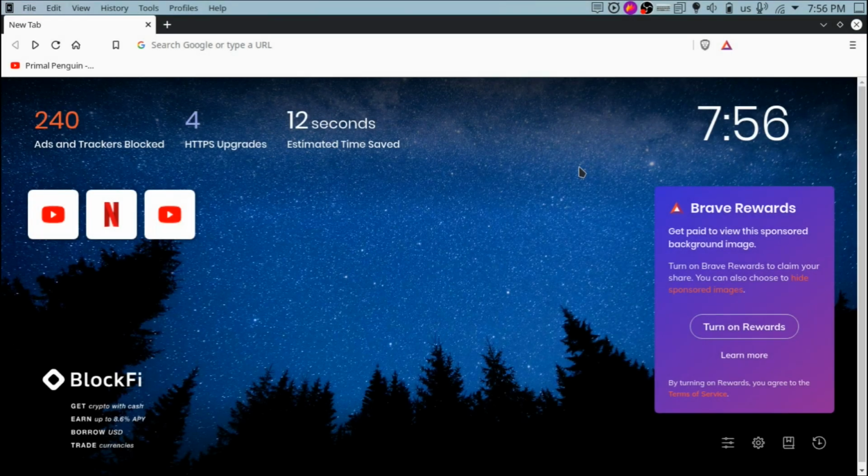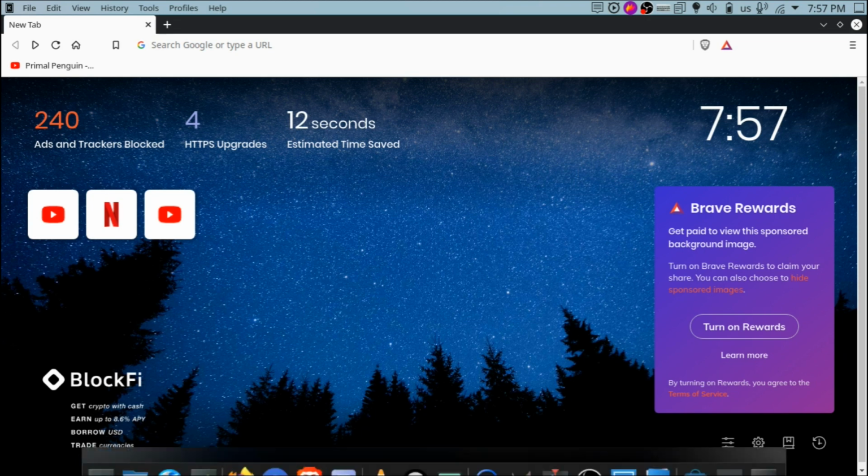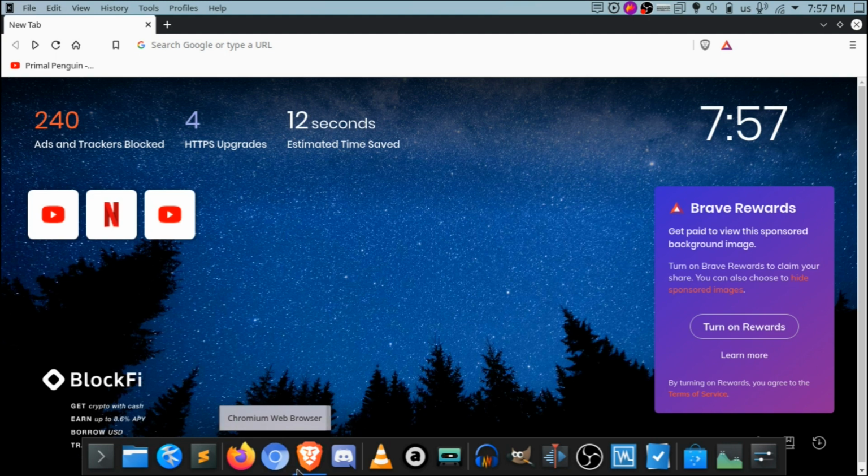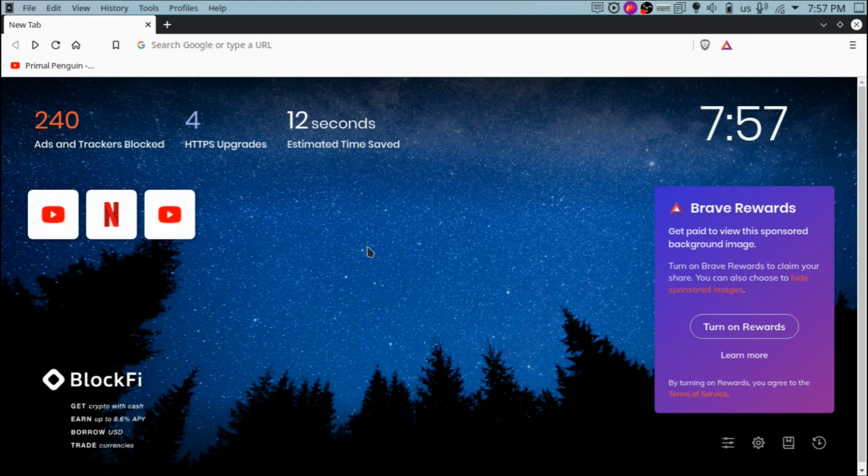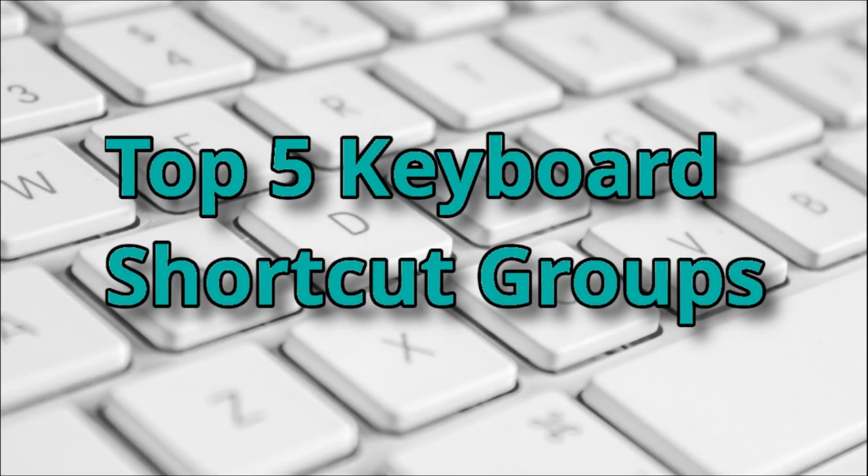Recently, I made a video talking about the i3 window manager, and knowing how it focuses heavily on keyboard shortcuts, it inspired me to make a video about keyboard shortcuts that can improve your workflow and speed things up when using a web browser. Now, these keyboard shortcuts that I'm going to be showing are applied specifically to Chromium-based web browsers, and in this video, I'm going to specifically use the Brave web browser to showcase these shortcuts. So I'm not sure if they're going to work the same way in Firefox, but you can test them out if you'd like. Now, these are going to be the top 5 keyboard shortcut groups that you can use to